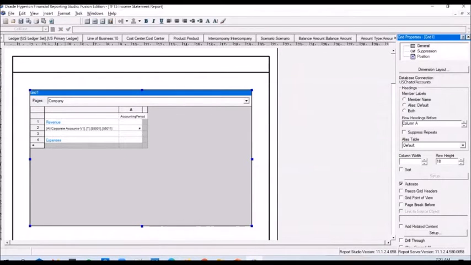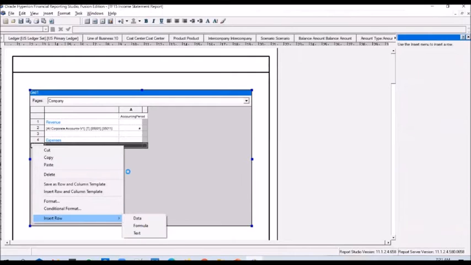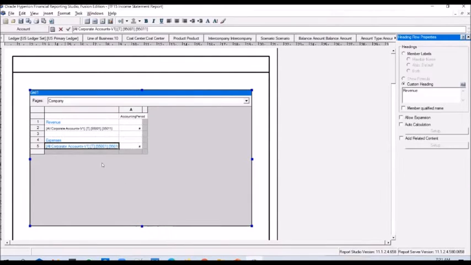Okay, and you can add in another data row now. Do a right click and click on insert a data row. When you insert a data row, it will take the formatting from the previous row, so that's why you see it in a blue color. And it will copy the account number from the previous data row. So we don't need both.